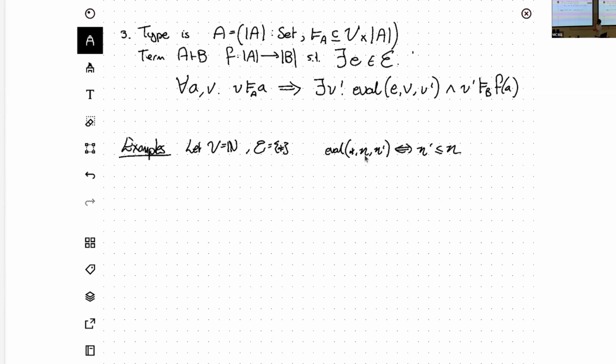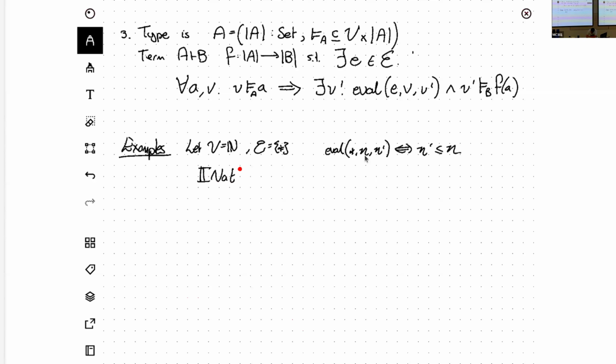But here's one where it's not deterministic. Now the evaluation is for the trivial program: we can evaluate from n to n prime if n prime is less than n. So we can throw resource away, but we can't build extra resource. So we're treating these implementation values as the amount of resource that's being used up in this type. And then we can define